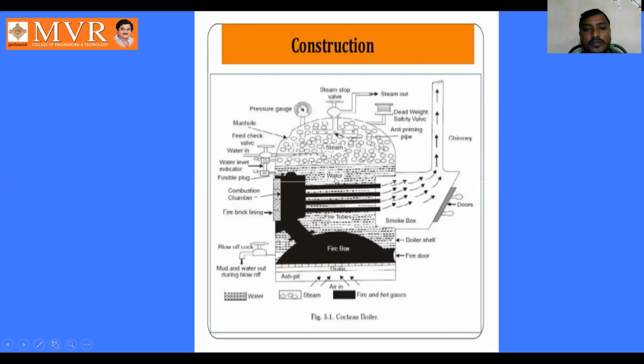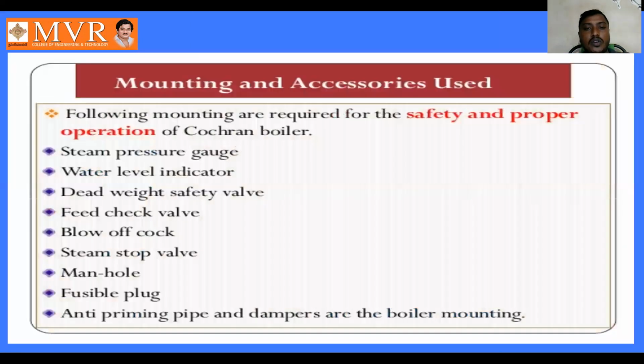For checking the level of the water, we are using the water level indicator. If the water level falls, heat is going to be generated, and for controlling this heat we are using the fusible plug to control the hot